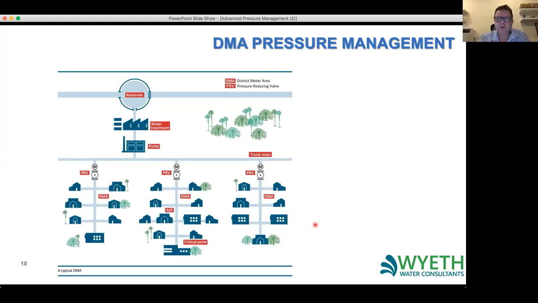So when you're controlling pressure in a zone or a DMA, there's a couple of pressures that you need to be aware of. The first one is the average zonal pressure. So this is the point across the DMA where you have the average pressure for that zone. And the second one is the critical pressure point. So this is the minimum pressure point in that zone. So you should know that if you're supplying good pressure to the critical pressure point, then everybody in the zone has got good pressure.